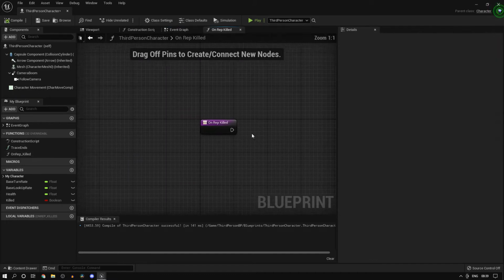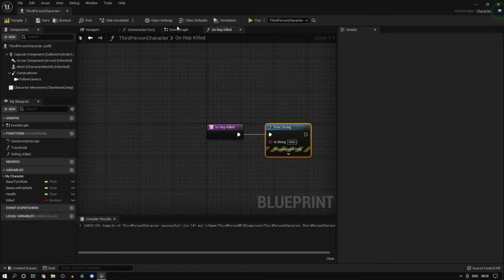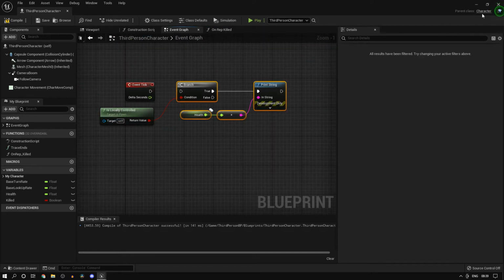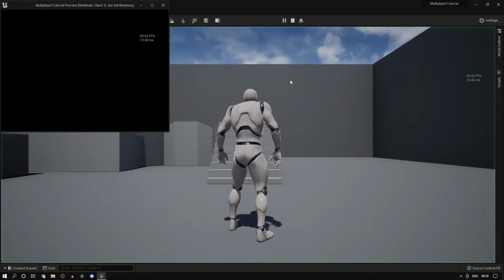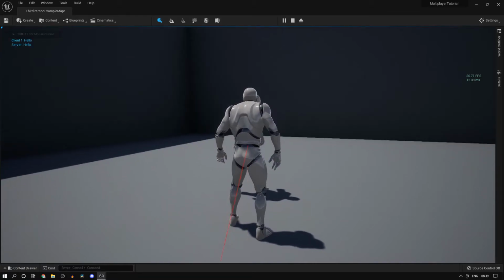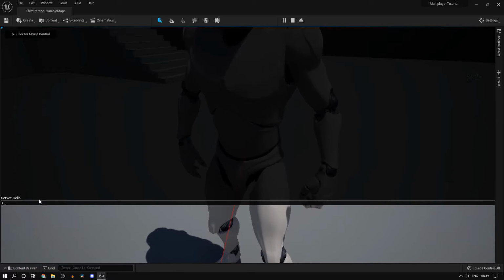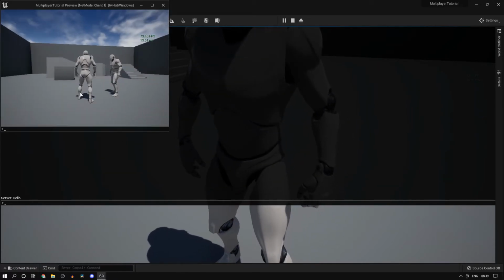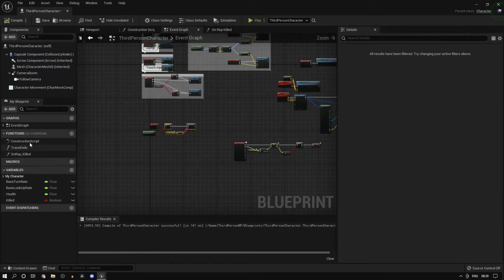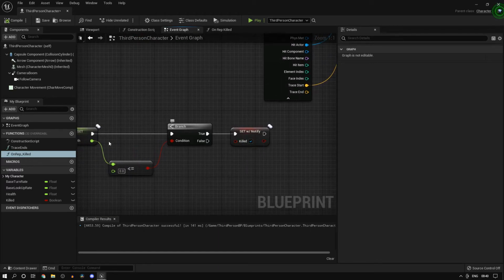Now we could do one thing, we could just print out a string to show you guys what I actually mean, and we could stop this print string over here because we know the health system works. So now if I play, if I go ahead and damage this client, it prints hello. What you'd notice is that it prints hello on the server as well as on the client. So what I want to tell you guys is that this function OnRep_Killed is going to be called on every player.